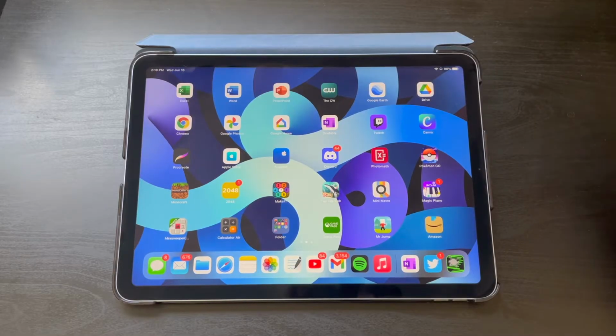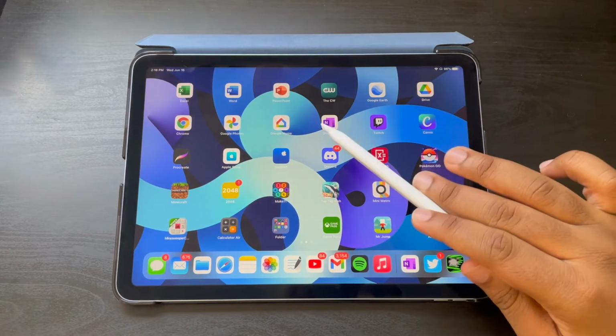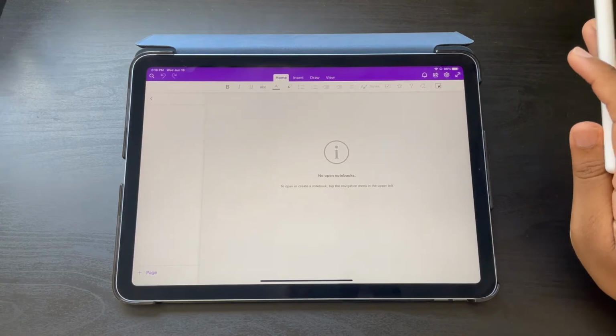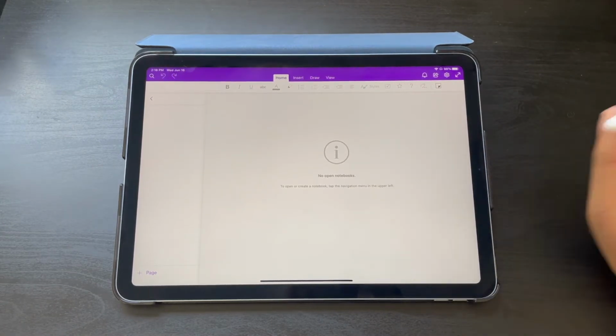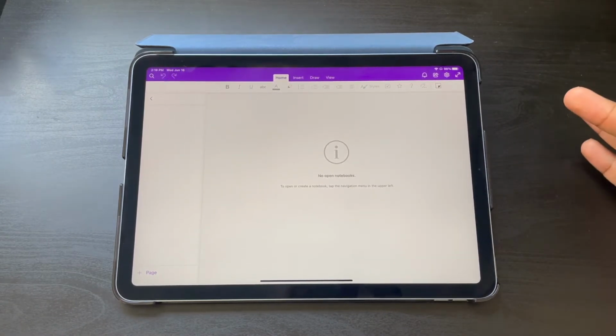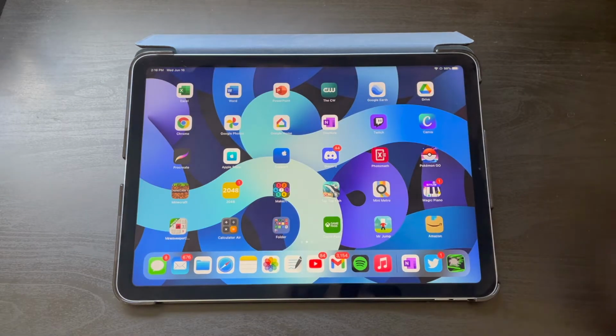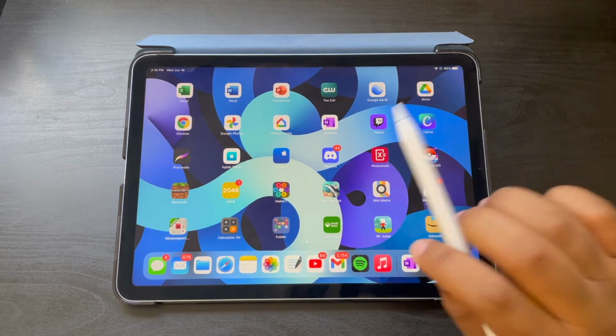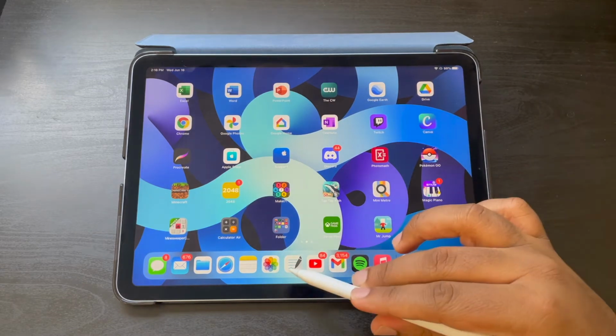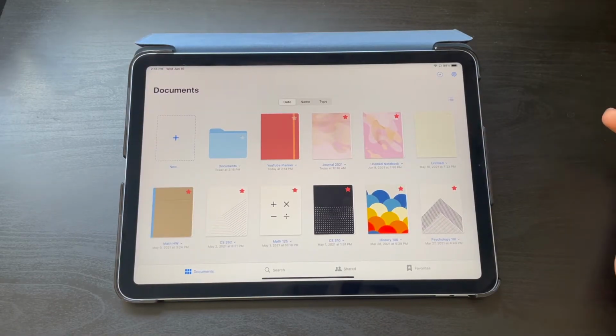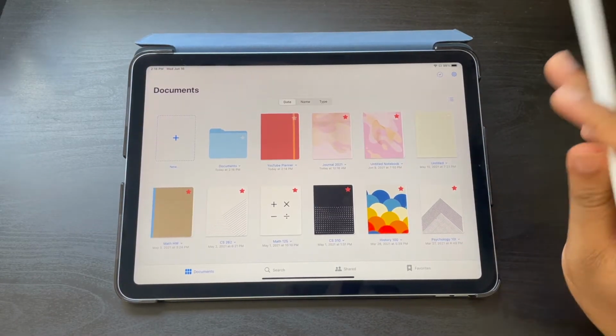Okay, so when I started taking notes on my iPad, I used the app called OneNote. I don't really have anything open right now. I think I logged out of my account. It got the job done, but it didn't have that many tools that I could use. So now I use GoodNotes 5. I think it costs about $7.99 on the App Store. So I guess it's a little bit pricey when it comes to apps, but it's kind of worth it with all the features that you get.